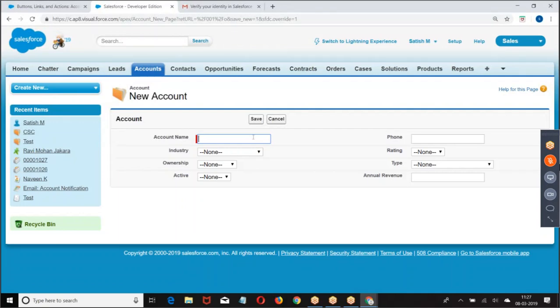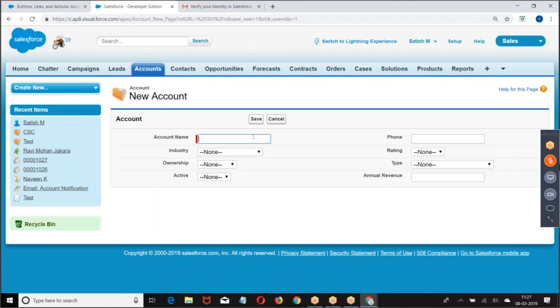When I click on save, it has to verify whether a duplicate record is there or not. If a duplicate record is there, throw an error message. This is my business requirement. But the existing functionality is not like this. When existing functionality is not meeting your requirement, we try to replace it with our custom functionality.